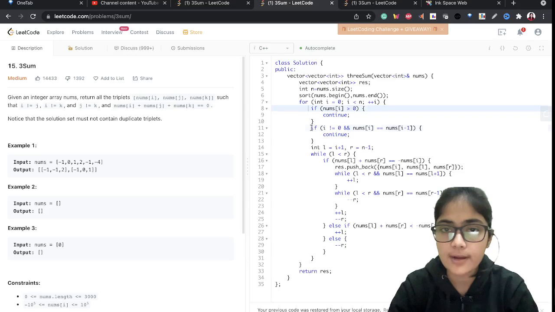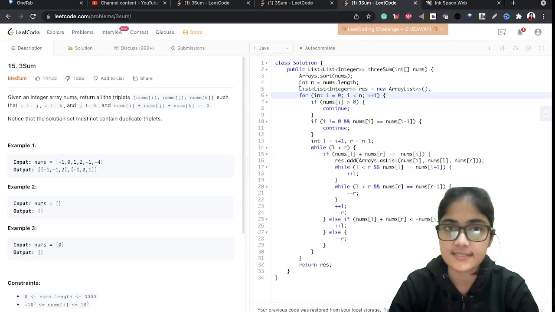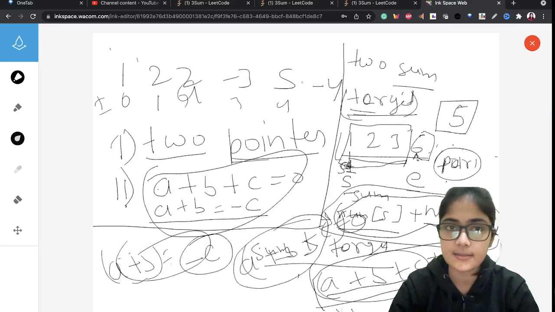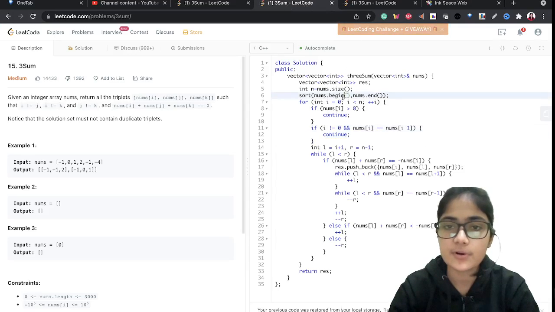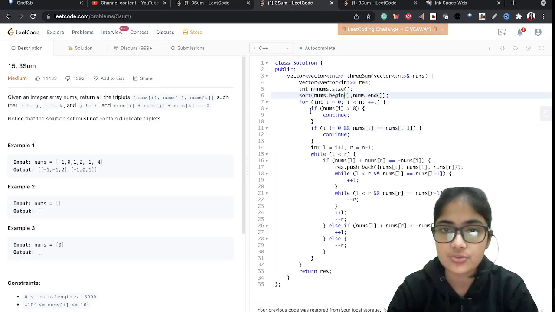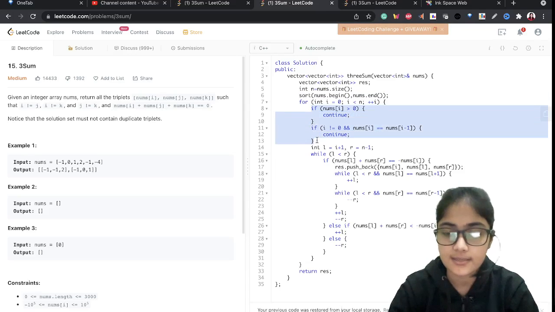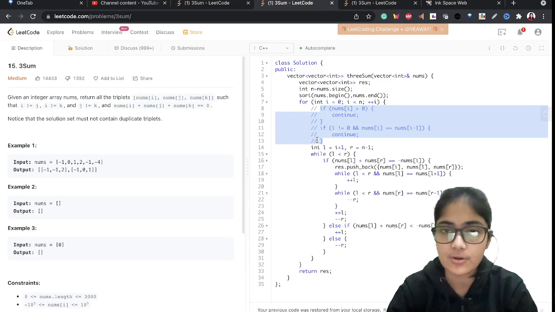And I also want to avoid repeating numbers, like if nums[i] is equal to nums[i-1]. Why did I do this? I explained in the beginning of this video that we don't have to consider this 2 and this 2 twice. So that's why I am ignoring this. Let's forget about this. First of all, I just want to explain the main concept, and then afterwards I will explain a corner case. So forget about all of this.